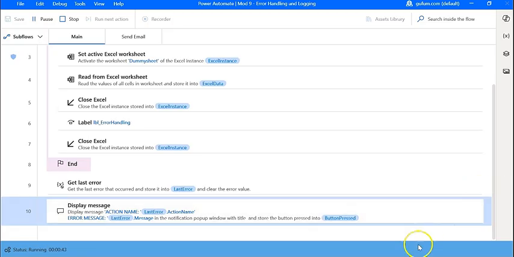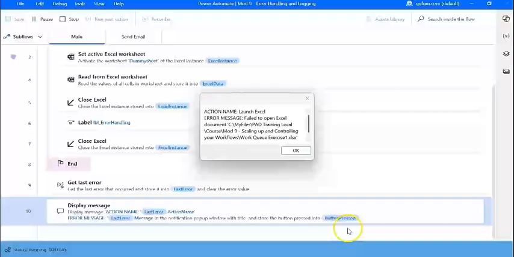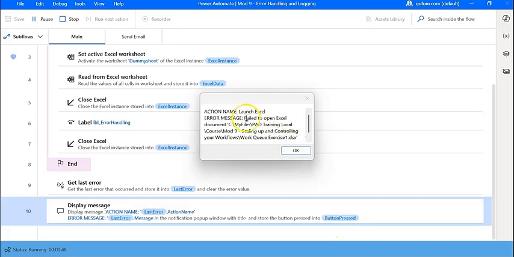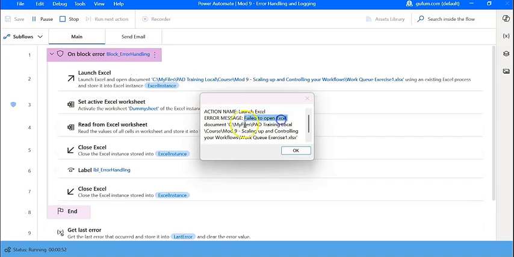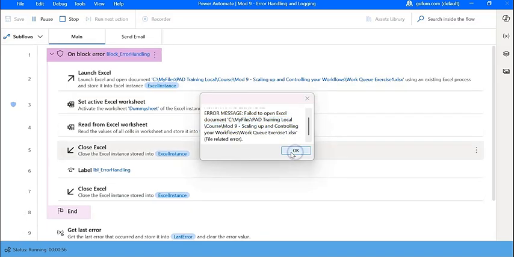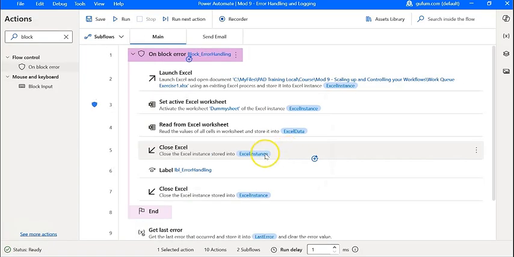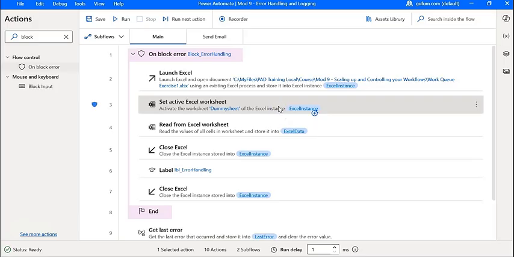I should get a message box in the background, and I do have. This time the message is different. The action is Launch Excel. The error message is failed to open the Excel because it had an incorrect path, and it has correctly executed exactly as per the way I had configured. So I have shown you the two ways of error handling. Now how you design this is totally up to you, your innovativeness, your creativity,